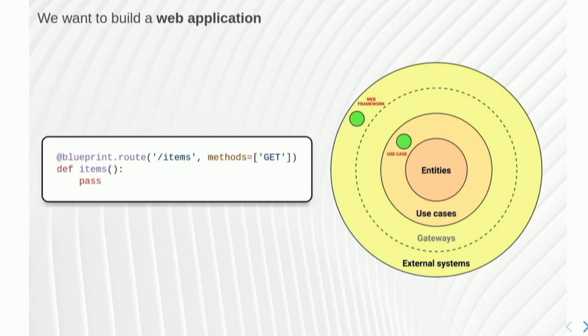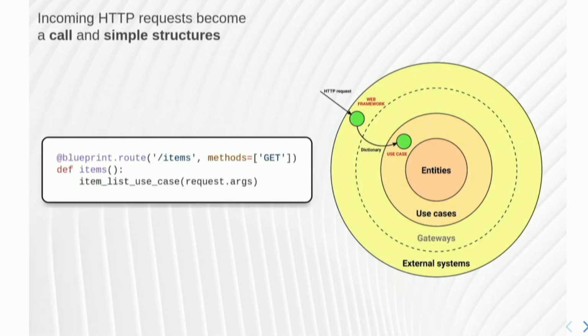So it's reasonable for the web framework to be in a very external layer where we use it, but we don't manipulate it. The core, the most important thing in a clean architecture, I would say in any architecture, is the business logic. This is where 99% of your time should go. Every time you spend configuring external systems, it's not wasted, but it's not given to the core of your business. Anyway, this is the web application, the web framework.